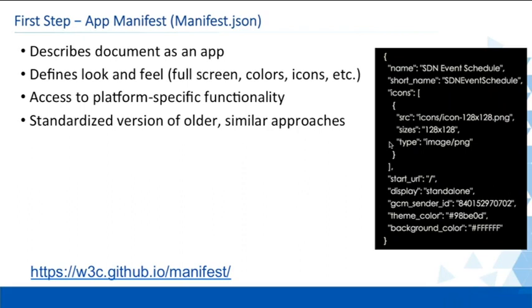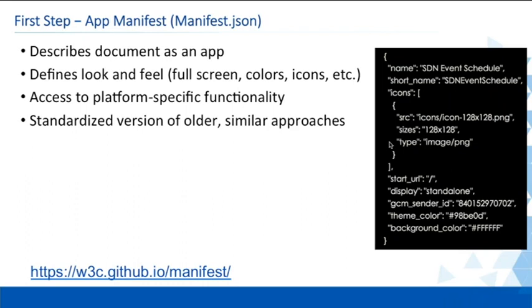Right? It defines the look and feel. What is a theme? What is a color? You are able to change the status bar of your mobile home screen. You know what the icons are. You can also distinguish between, okay, on Android I want to show these icons, on iOS we want to show these icons. Probably there are some platform specific things where iOS app icons are round cornered, whereas on Android they are not. So those minor platform specific tweaks also can be done and made available via this simple JSON file,